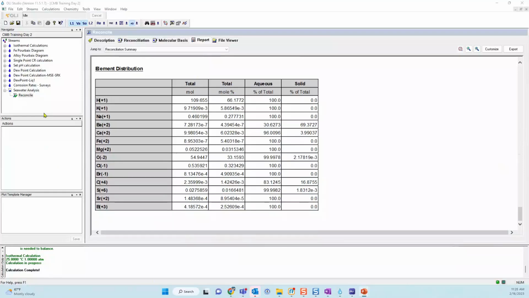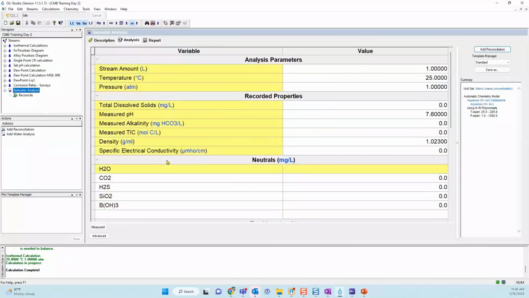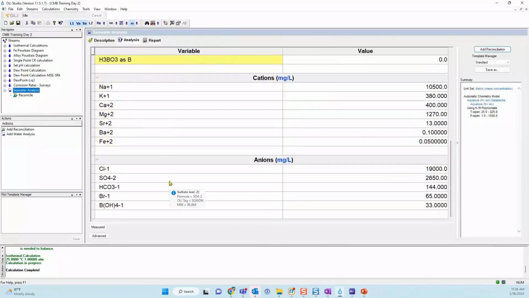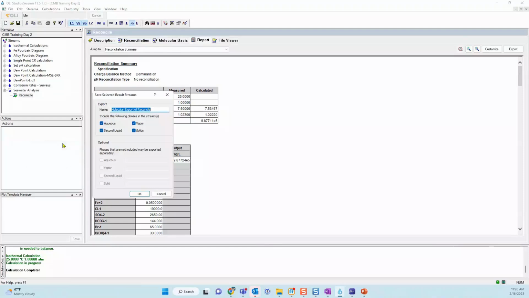Now, what I want to do is start doing corrosion rate calculations. If you remember, no oxygen was reported. This is ocean water, and it is exposed to oxygen daily, right? So we should have oxygen dissolved in this solution. So we need to make sure that we account for that oxygen concentration in this water analysis. So what I'm going to do next is, I'm happy with this reconcile option, so right click on it and add it as a stream. We're going to start using it for corrosion rate calculations.